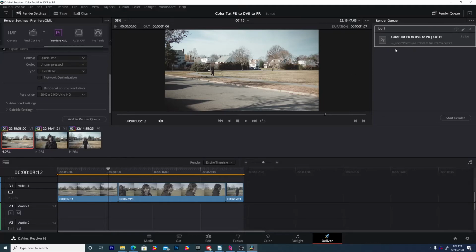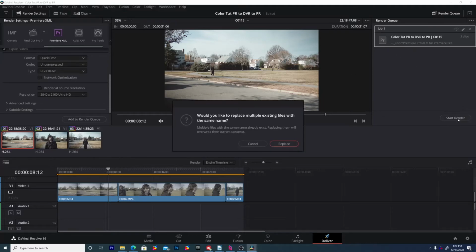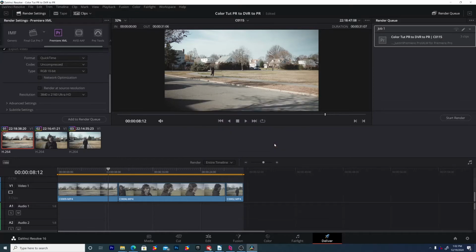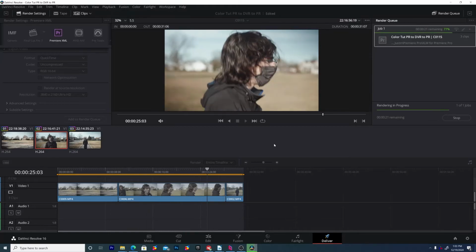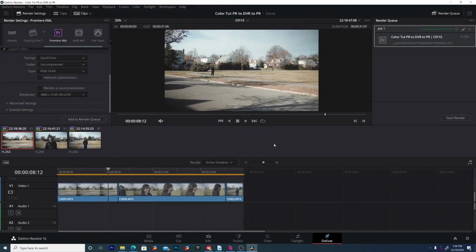Now this is a very important part. You've got to click Start Render. Sometimes people tend to forget. You may get this. I don't really care about the old file, so we're just going to click Replace. Cool. So now that it's done, we're going to save and close out DaVinci